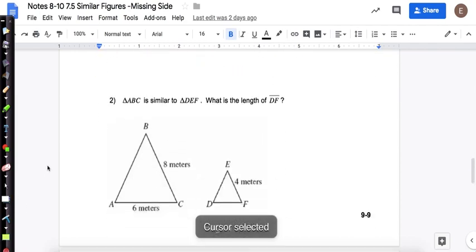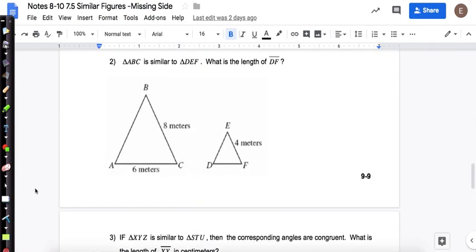Okay, let's look at example number 2. It says ABC is similar to DEF. What is the length of DF? So the first thing I want to do is put a letter here, and I'm just going to use X. Now, when I set up a proportion, I have to make sure my X value is in the proportion. So we're going to do first bottom over second bottom, so 6 over X. And we're going to do first side